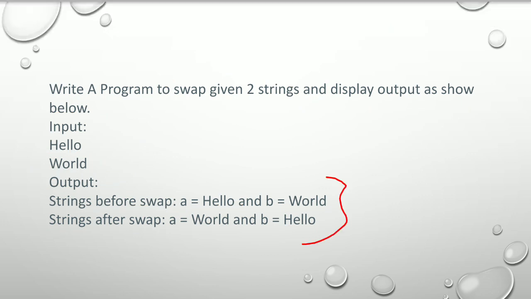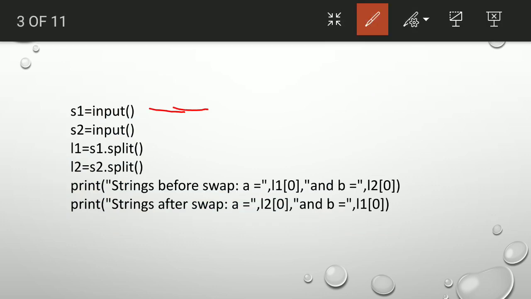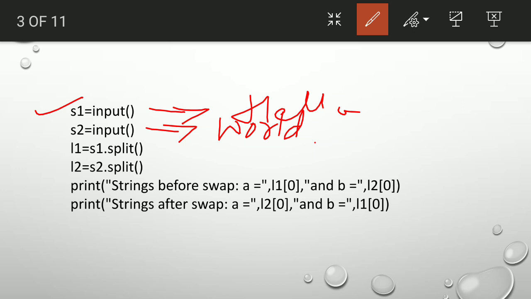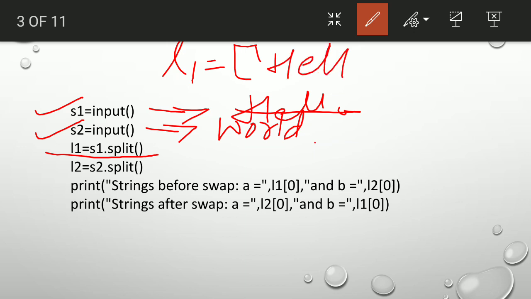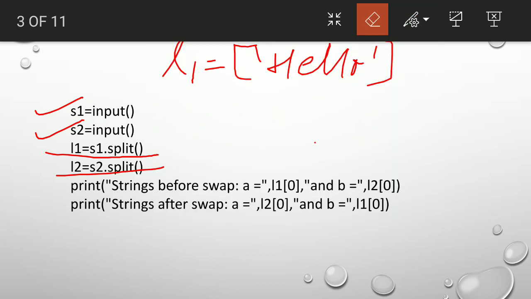Okay. So let's see the code. Very easy question. So first initially S1 is for taking the first input. For example, we have taken the hello, and then S2 is for the second one, that is your world. This is the first input we have taken. This is the second input we have taken. Now L1, what we need to do for the L1? So L1 will do the S1 dot split. So there is only one word, so it will split as a hello. L1 will contain this one, and L2 is S2 dot split, that is the L2 contains your world.